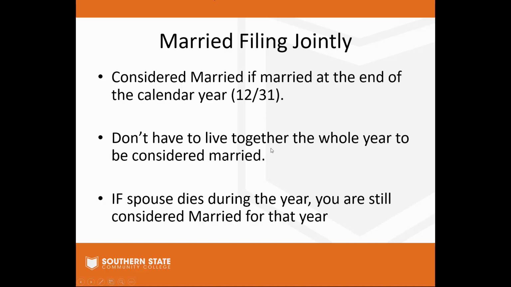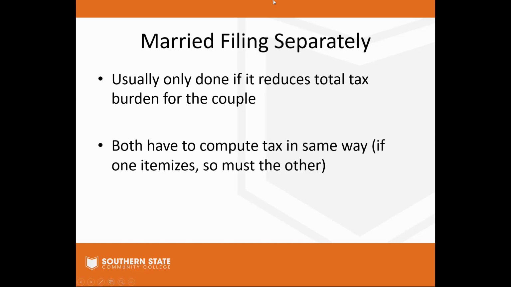And just to reiterate, if your spouse dies during the year, you're still considered married for that particular year and married filing jointly. And as we saw in our last video lecture, that standard deduction kind of doubles between single and married filing jointly. Married filing separately,